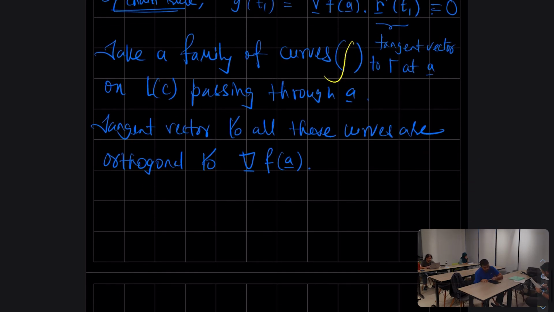Okay. So if the gradient itself is not 0, to be very precise, the tangent vectors